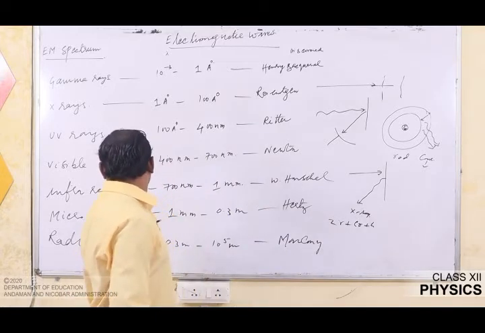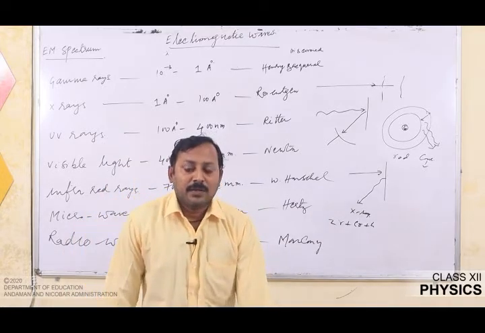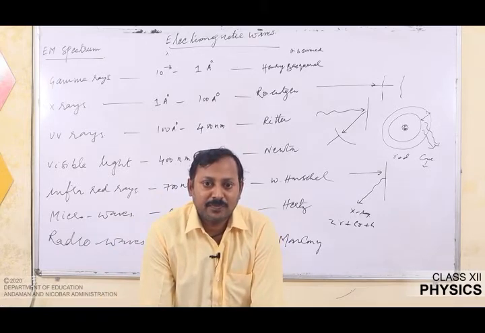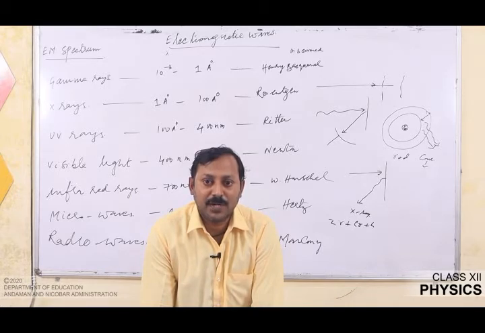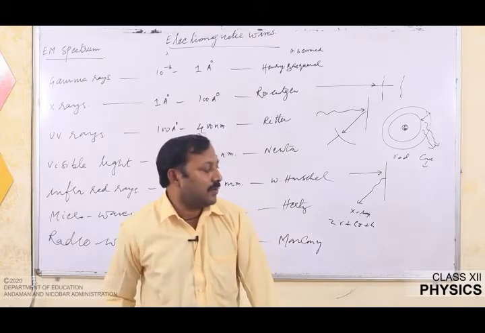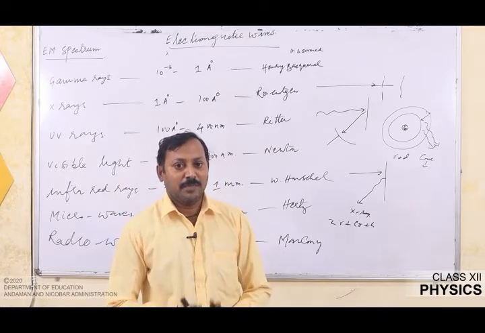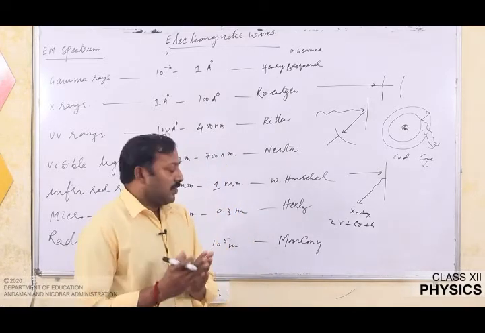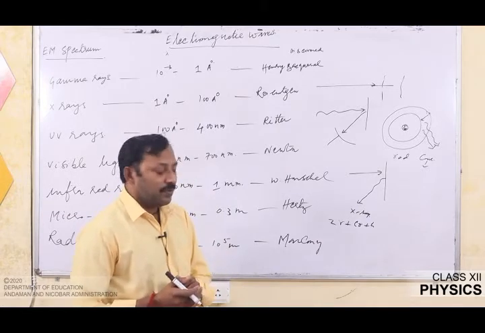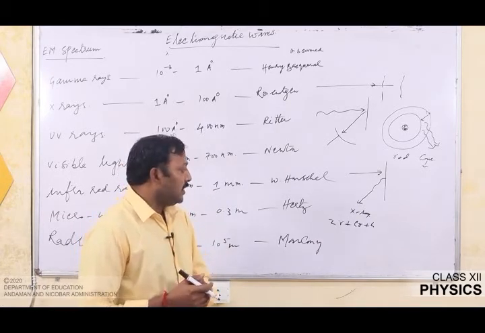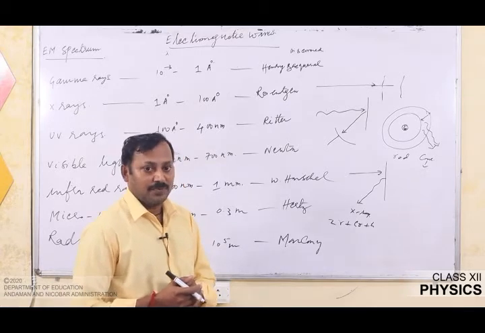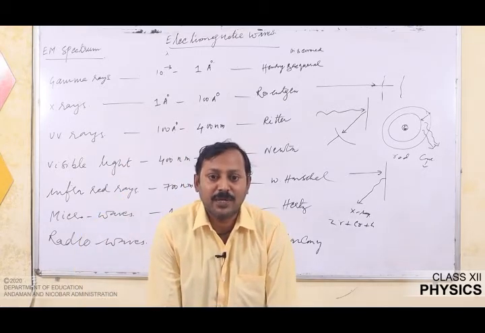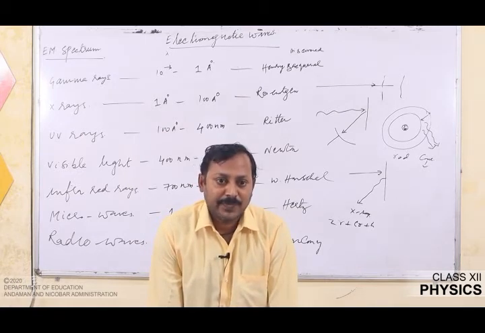Next we will have microwaves. The wavelength corresponding to microwaves is from 1 millimeter to 0.3 meter. Its frequency ranges from 3 × 10^11 to 10^9 hertz. Discovered by Hertz, it can be produced by the controlled flow of electrons in semiconductor devices. That is, by applying an electric field, electrons can be controlled, and when electrons are controlled, radiation or waves are emitted. These waves are said to be microwaves if they correspond to a wavelength of 1 millimeter to 0.3 meter.